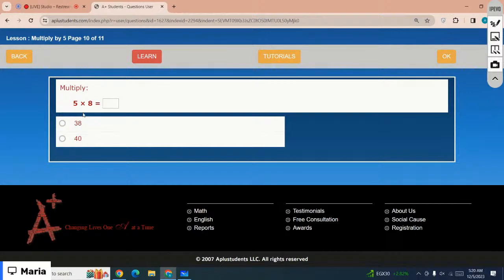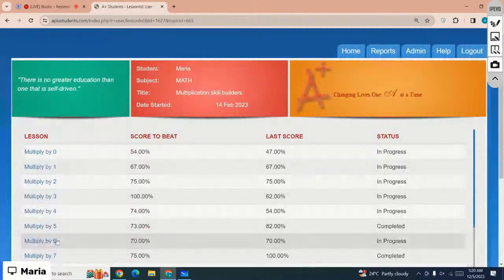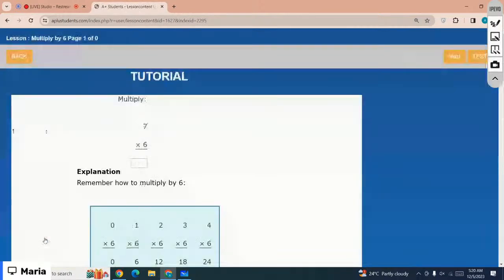The next lesson is multiply by 6. Just focus on the lesson we are working on, right? The next one is multiply by 6. Let's just start with the first example, that is 7 times 6. So 7 times 6 equals,